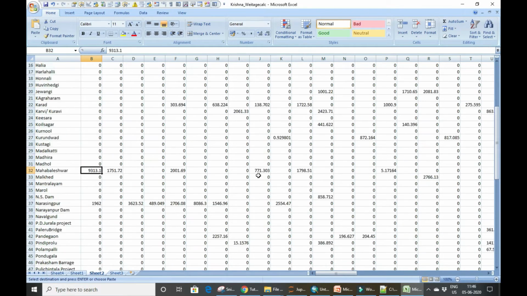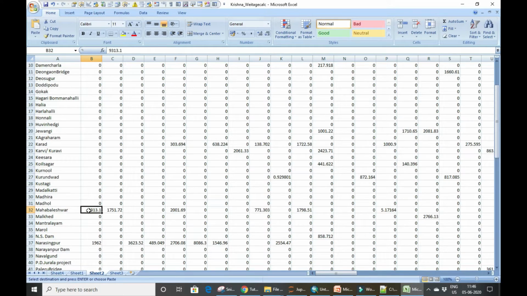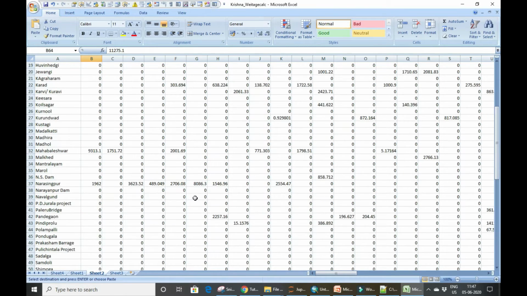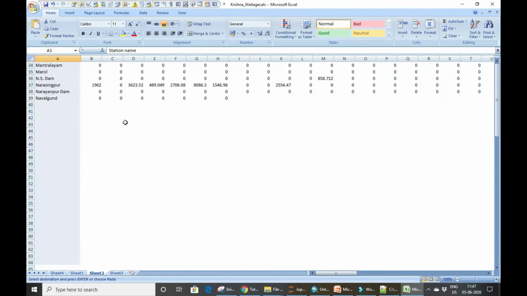And then see, this is the weightage, but this is in absolute area. So if you want to make it into a fraction, we need to divide each and every element of this by the final total.